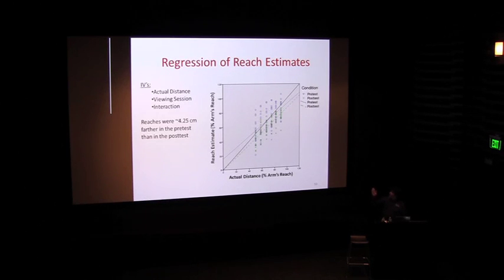So what we find is that there is a significant effect of condition, or session in this case, between the pre-test and the post-test. If you think of ideal performance here as having an intercept of 0 and a slope of 1, what we find is that there is an increase in slope, and the intercept has been shifted closer to 0 from the pre-test phase. Okay, and when we also look at the correlation coefficient R squared, we find that the R squared is increased, so participants are more consistent in their responses after the calibration phase. Okay.